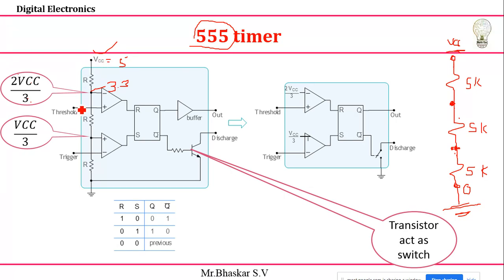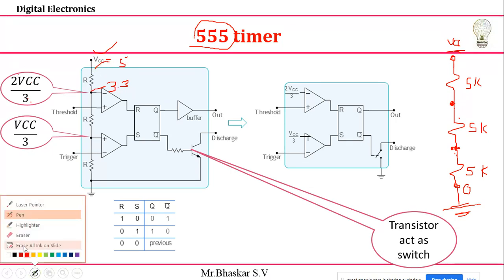Remember, by using the voltage divider network, after the first resistor we are going to maintain a voltage of 2/3 of VCC, and after the second resistor we are going to maintain 1/3 of VCC. These are the things we are going to maintain. So in order to get those voltages, we are going to use this voltage divider network. That is its usage.